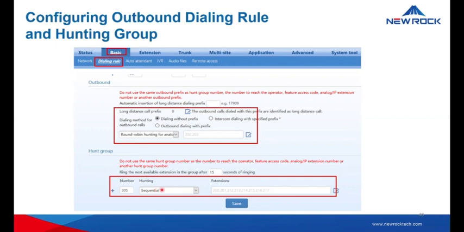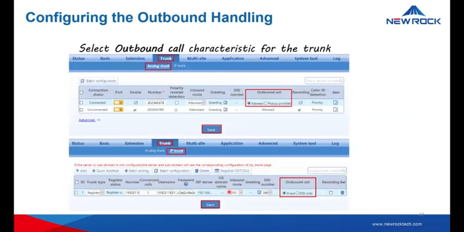And of course, if you select simultaneous hunting group, it means to terminate all available extensions, and they will ring simultaneously. So that is how to configure outbound dialing rule and hunting group.